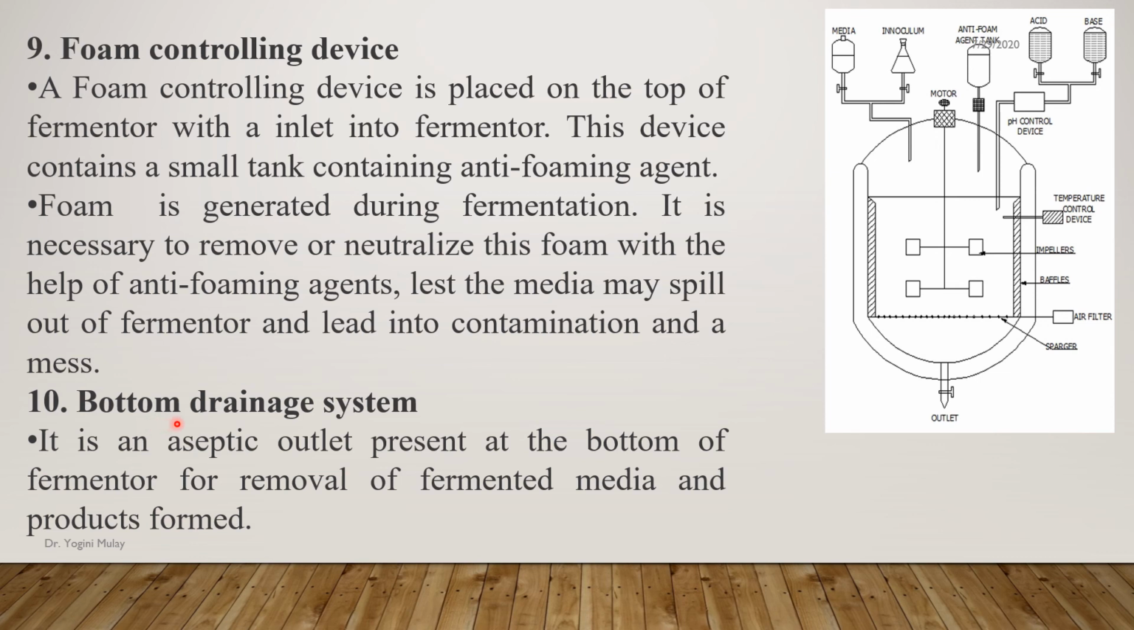Next, there has to be a provision for the drainage system, the bottom drainage system. Means there has to be an aseptic outlet present at the bottom of the fermenter. This is the aseptic outlet which is present at the bottom of the fermenter, and this is used for the removal of the fermented media as well as the product form. Means at the end of the fermentation, this is the way through which we can take out the fermented media containing the desirable